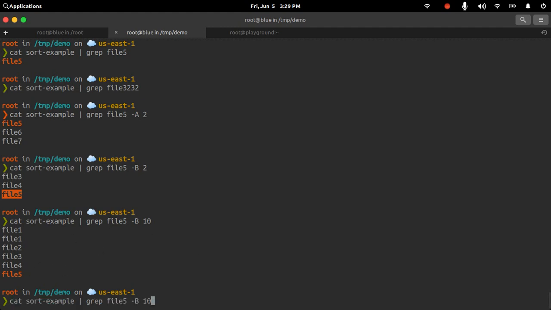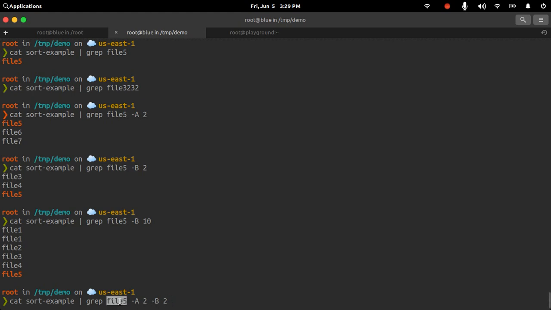Now if you want to provide a constant context, like print 2 lines above and below both, you can do it this way. You can provide 2 different options to grep: print 2 lines after the search string and 2 lines before the search string.